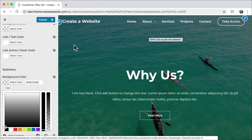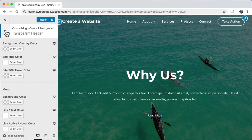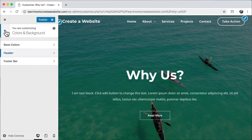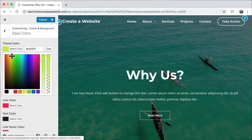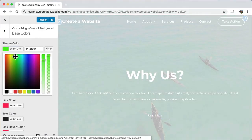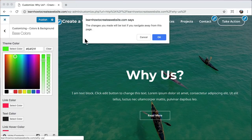All right, if we want to change the color of that line, we can go back and back again and go to base colors, and under theme color, we can change it to a green. And now when we hover over our website, we'll see that line as green. And there are a whole bunch of other options to get it just perfect, but I'm not going to save any of that. I'm just going to exit out of there and press OK,